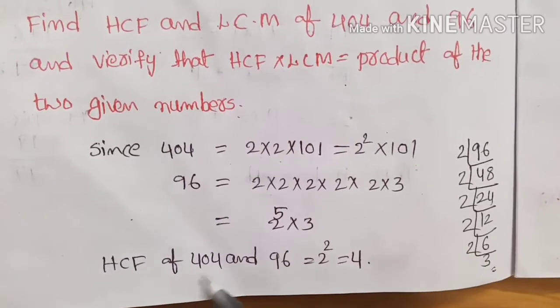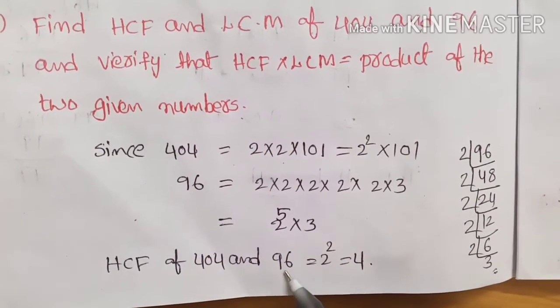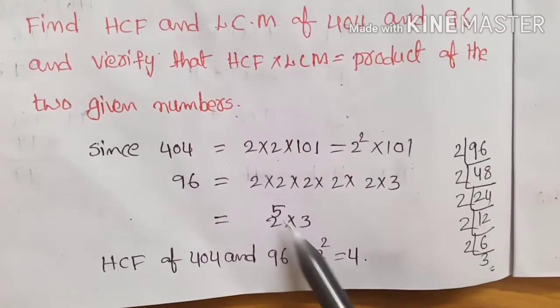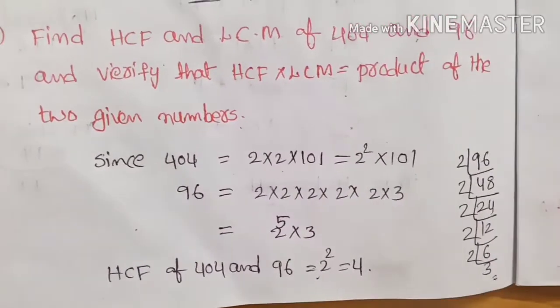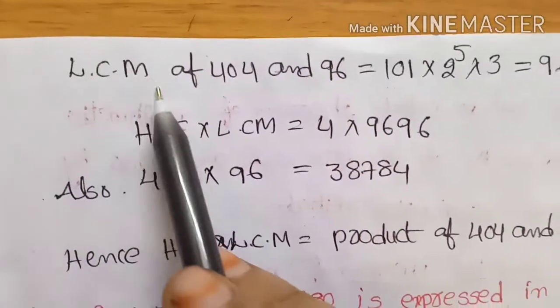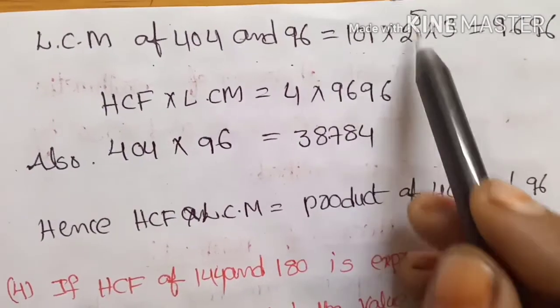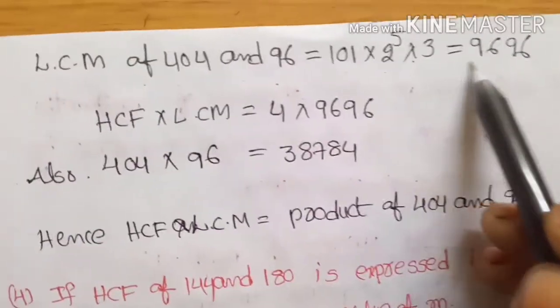Then HCF of 404 and 96 is 2², that is 4. Next, LCM of 404 and 96 is 101 × 2⁵ × 3,